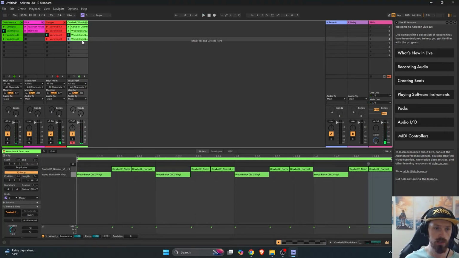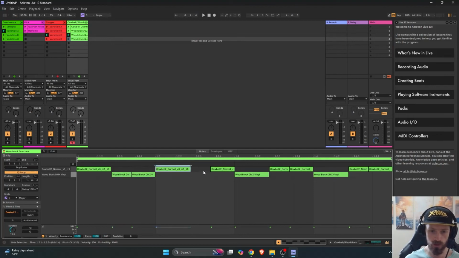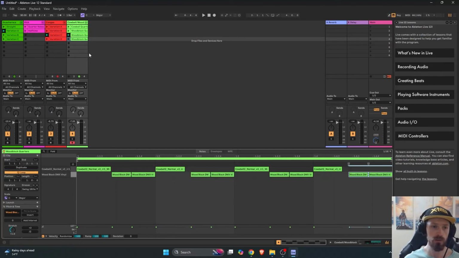So I'm going to duplicate that, and we're just going to switch parts. So the woodblock's going to go up to the quarter note. This is going to go down. This is going to go up. Oops. See, that's what I don't like about Ableton, is when stuff like that happens. Okay, so